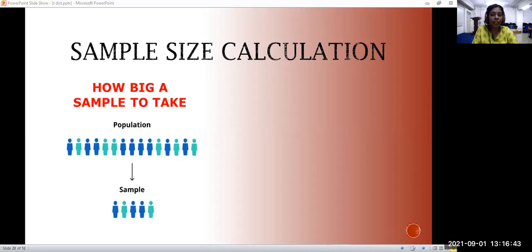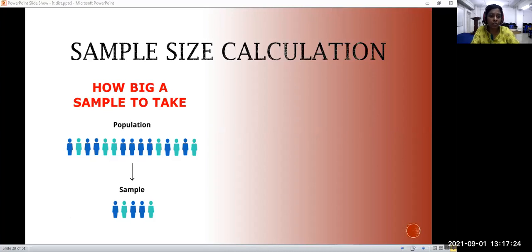Normally, we always target a population, but studying the population is not feasible because the number of individuals belonging to the population is quite huge. So in order to make the task easier, we take a small sample that is a representation of the population. We get responses from this small group through questionnaires or interviews, and then we perform the analysis.